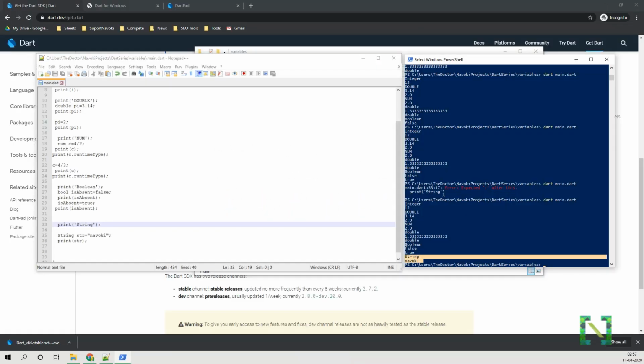The string data type also contains some special functions to manipulate the data. We are going to practice some functions of it, but most of the functions you will use while working on real world applications. So the first function in the string is substring. The substring creates a part of the string and returns it as a new string. Here I have mentioned 2 as an index. That means it will create a substring from index number 2 to the end of the string.